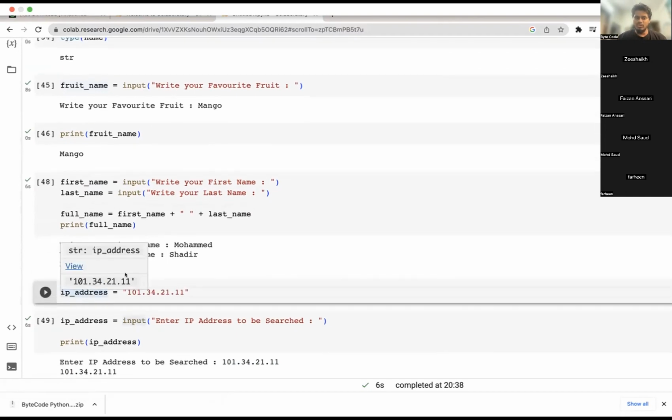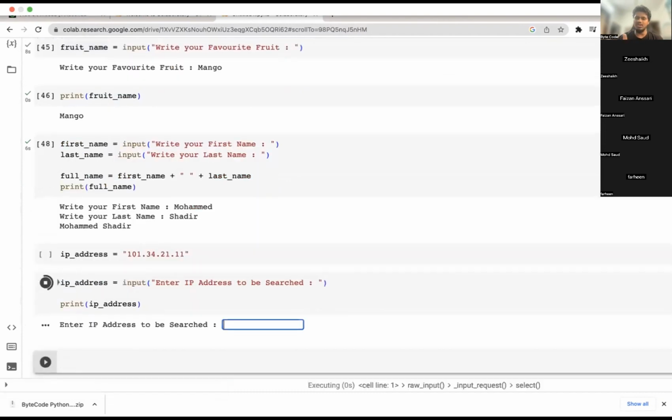By doing this, any layman can actually use your script, instead of changing the Python file itself. So by doing this, you are increasing the usability and experience.